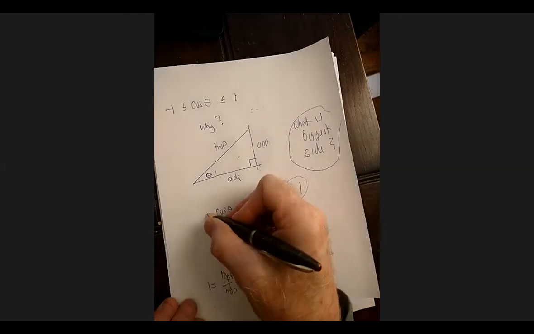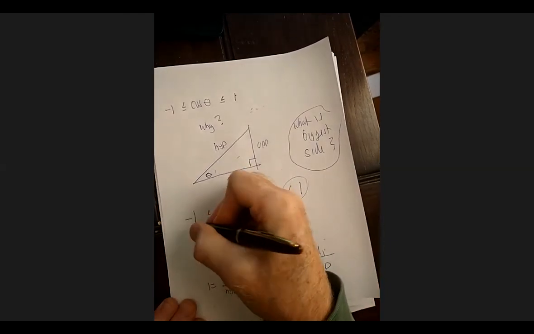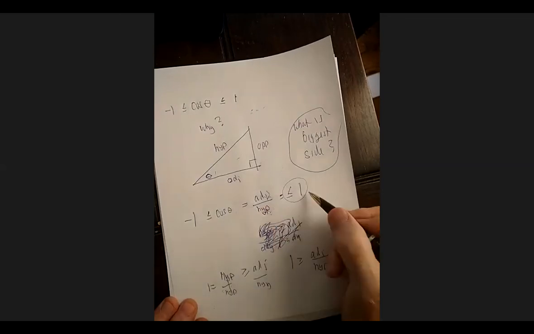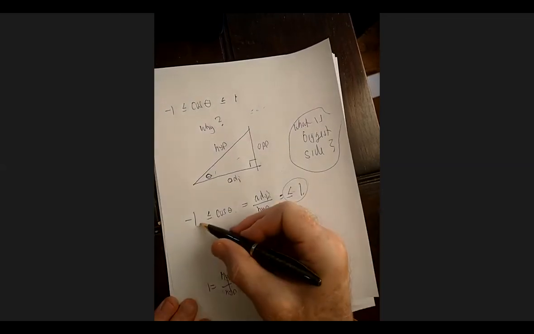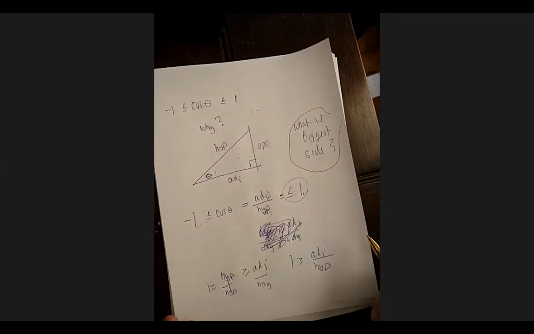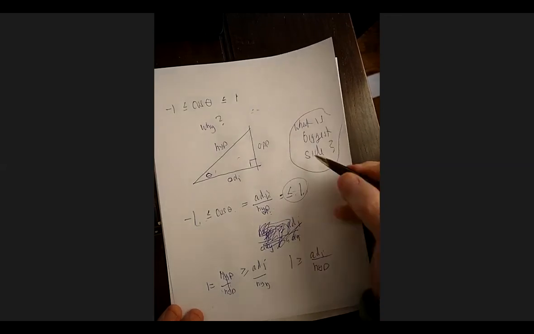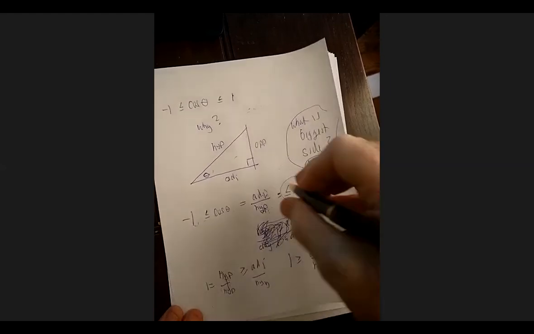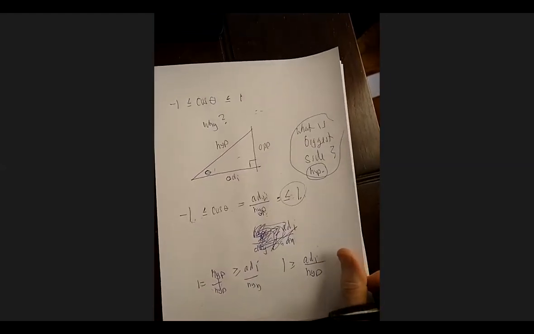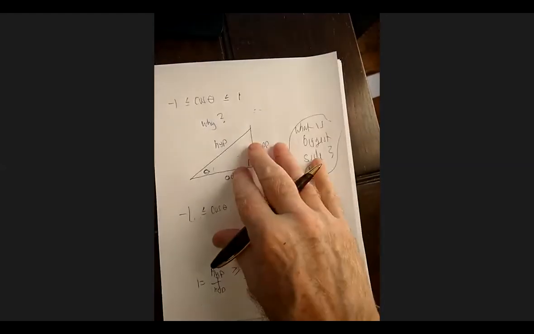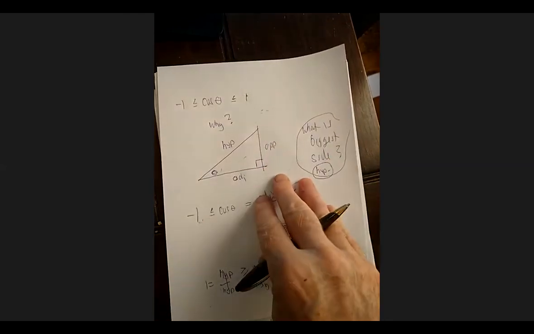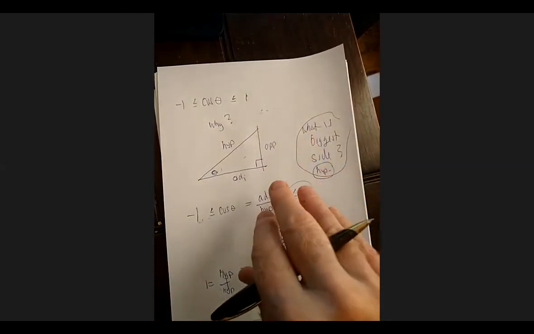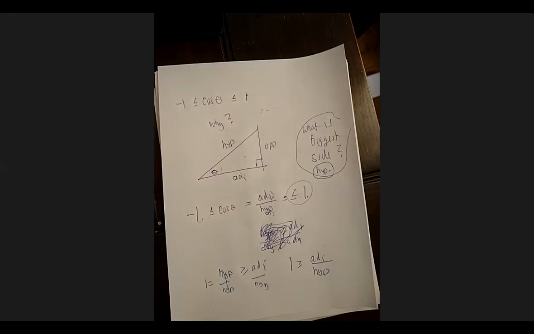And then since we have that trick on the unit circle to make ratios negative, we know that the cosine has to be greater than or equal to -1, but less than or equal to 1. So it's all because the hypotenuse is the biggest side. Just to give you a little bit of understanding about that. So those were some questions about domains and ranges of trigonometry and also of logs and exponents. And those are the big things.